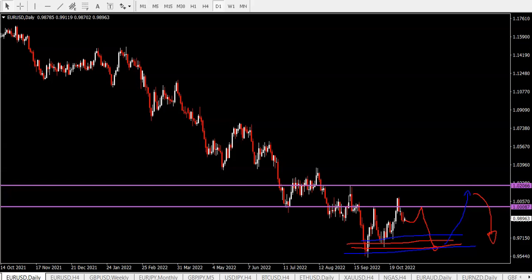And then a downtrend continuation could emerge from this resistance zone, and I would expect to push down, followed by maybe a correction and then continuation lower, falling down to these round levels at 0.9250 and 0.9000 and maybe below. That's all I have to share for the euro dollar at the moment.